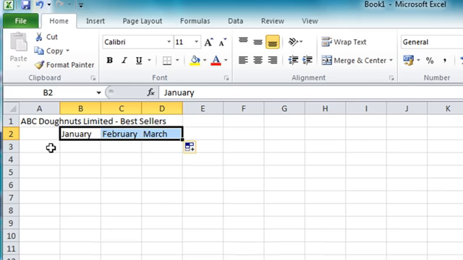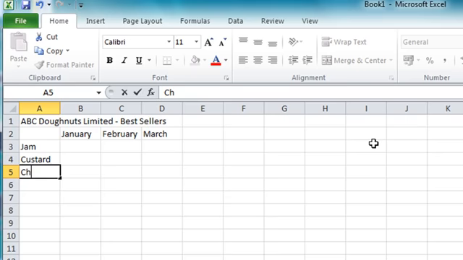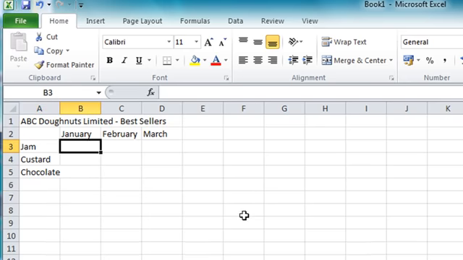tutorials. Okay, so let's come back to column A and click into cell A3 there, and I'm going to enter my 3 best-selling donuts. Well, for this business anyway. If you prefer other donuts, then you can enter your own names, I don't mind. So those are my labels for my little spreadsheet, the main labels,